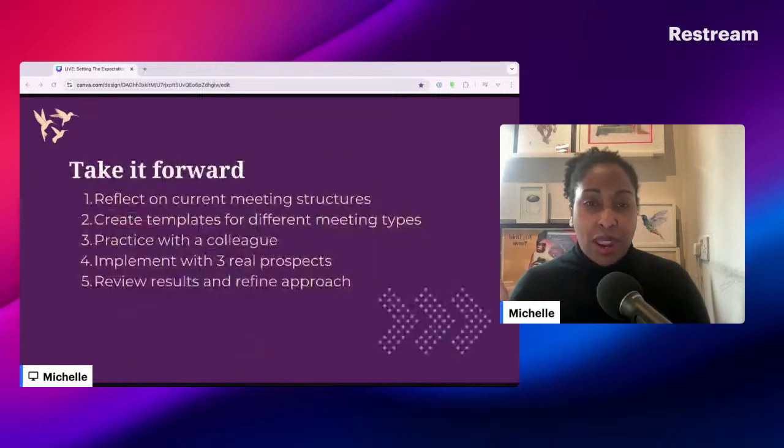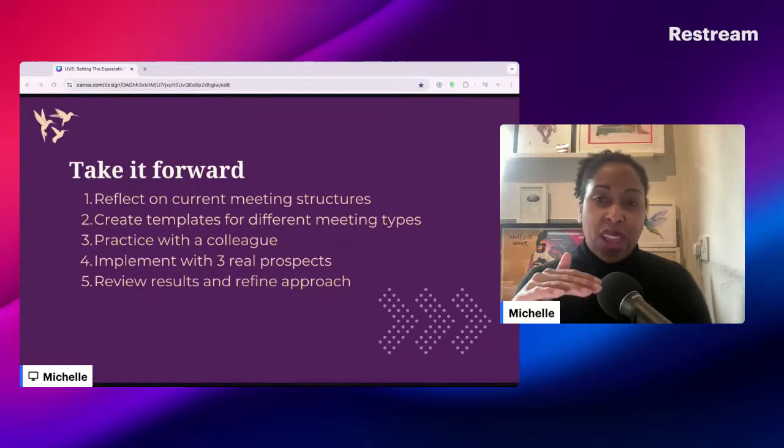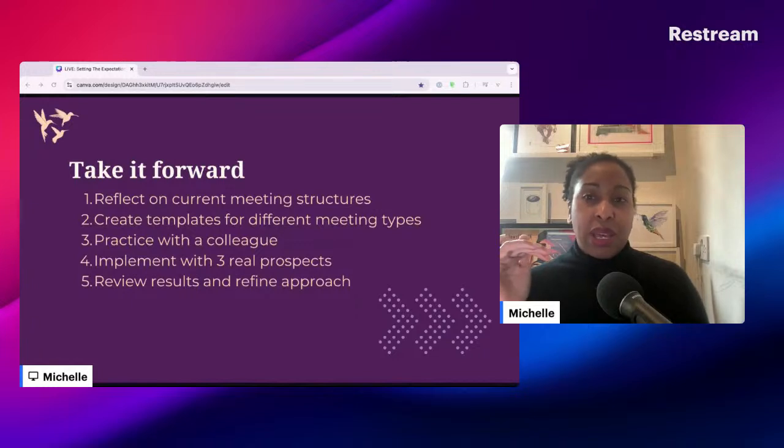So that's all great. What if you are going from a standing start where really you might set a loose agenda at the beginning of the call, but you kind of like what you heard today and you want a bit of a plan to implement it? I would say take these 5 steps. Firstly, take some time to reflect on what you do right now. What works and what do you think can be tightened up?